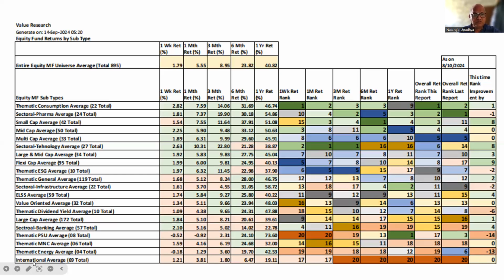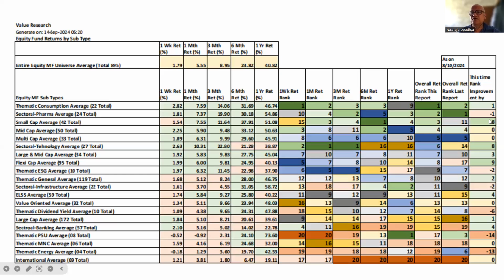International funds, they used to be last rank last time also. They are red in all timelines, and 20th ranking this time as well as last month. No gain, no pain. So the bad news is for the energy funds and PSU funds, huge slippage in ranking,